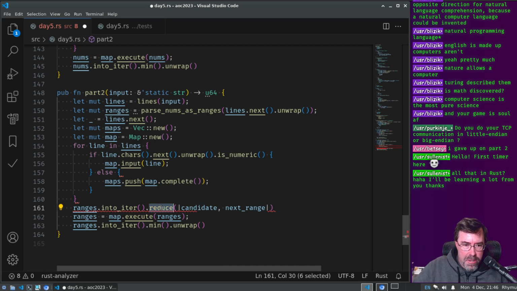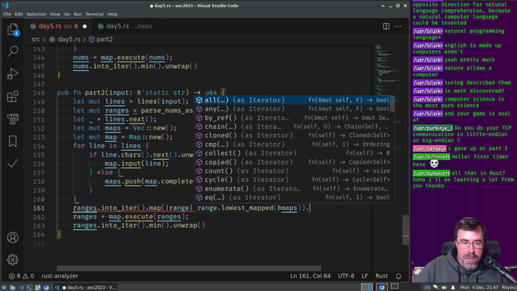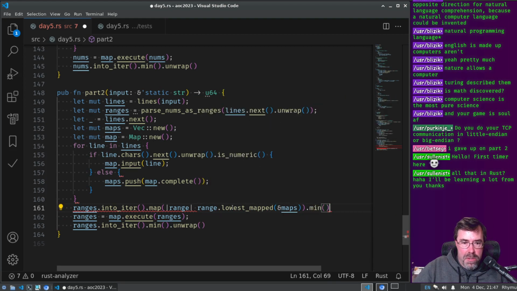So I am mapping each range into basically the lowest map. So range dot lowest_mapped, and then we'll give it the maps. So you can borrow the maps, right? And then we'll take the minimum of that, and we have to unwrap this because we could get a None.